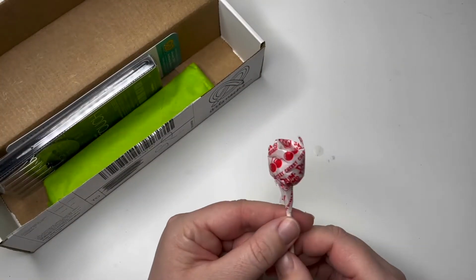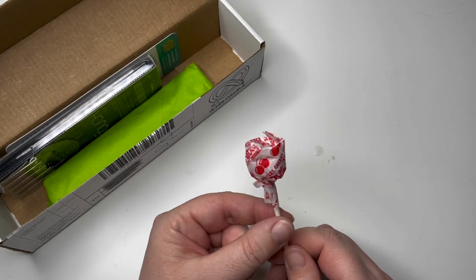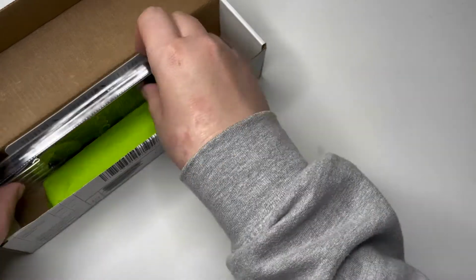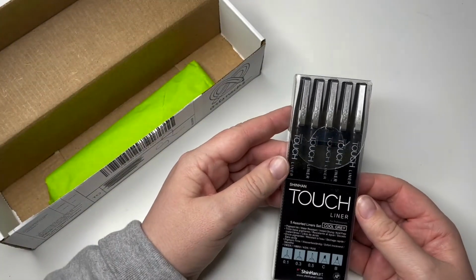We have a cherry, I hate cherry flavour, a cherry dum-dums. Is this an indication of the year ahead? I'm not quite sure. Let's put it over there. Here is the list of stuff. We'll stick that over there. And then we've got some